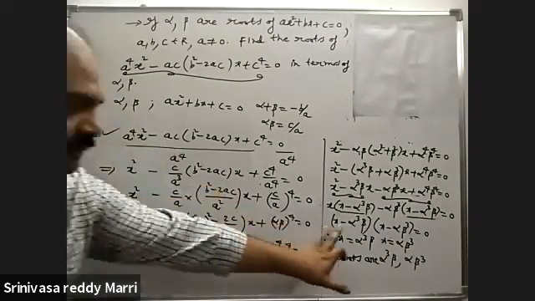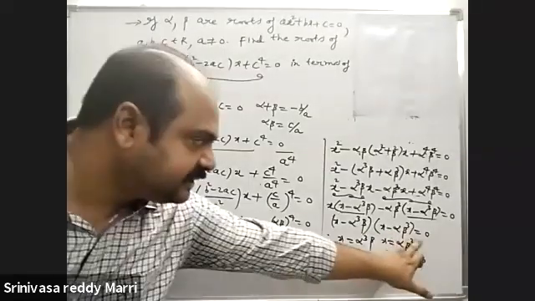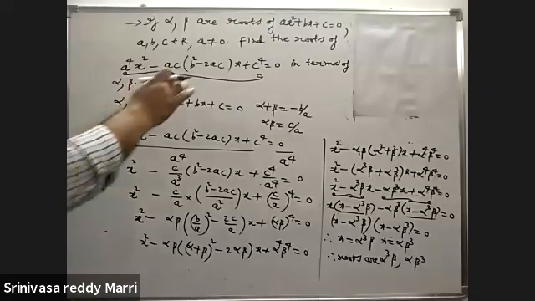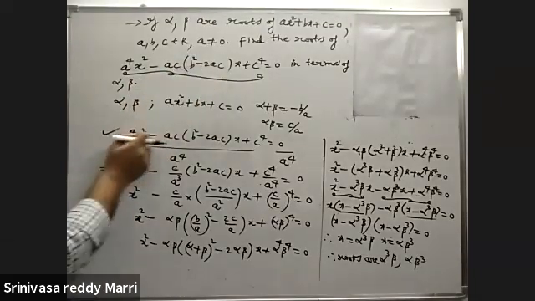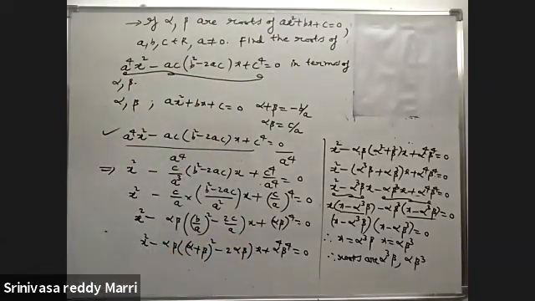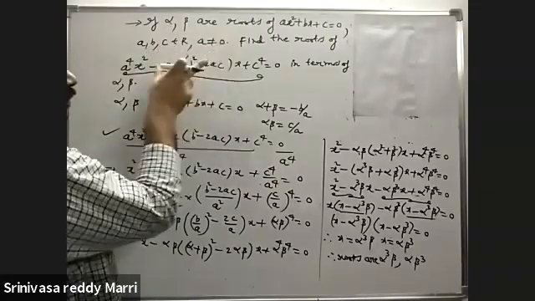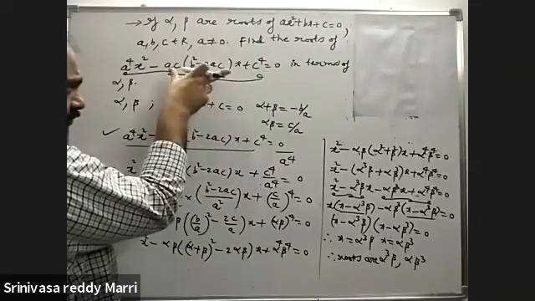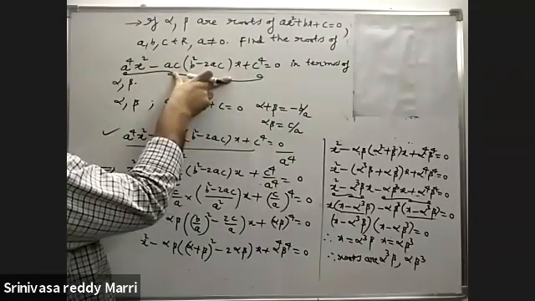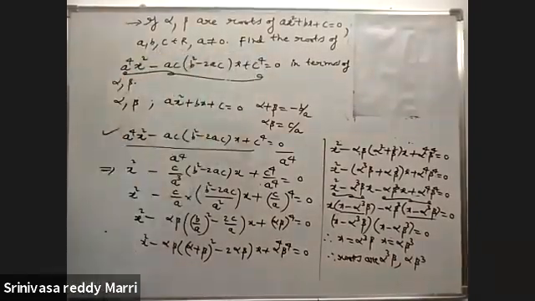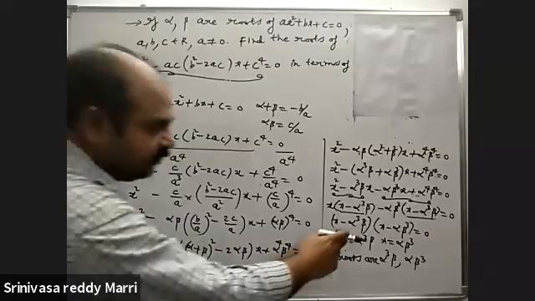Why are these the roots? Because they are the factors. This equal to 0 means x equals this one, x equals this one. Like that, for these types of problems, if you factorize this one, it will become easy. Look, I will explain once again. He has given that the roots of this are alpha, beta. You have to find the equation. We have to find the roots of this equation. For these types of problems, try to factorize this as a product of two factors like that.